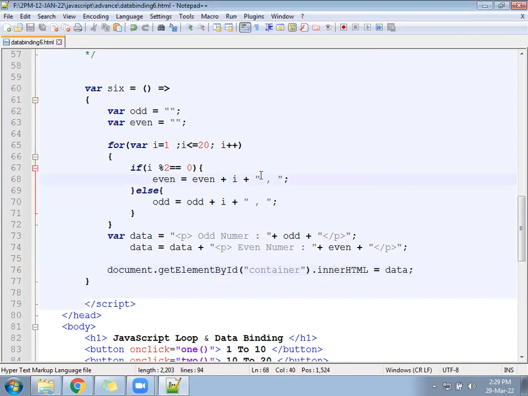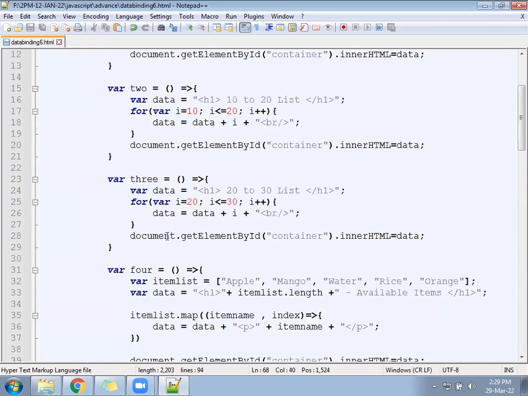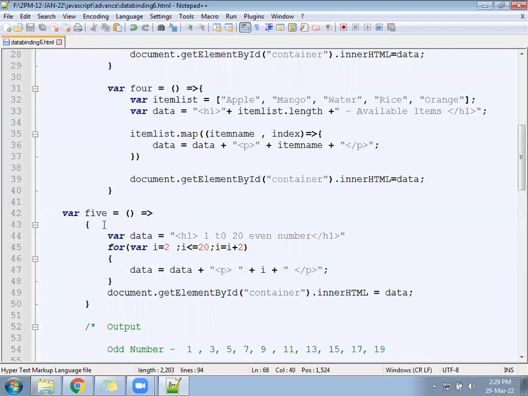Okay, then next file we can create, that will be for the complete array manipulation. Data will be read from the array. We will write the data inside the array. Read, write, delete from the array. Next file, you will give a file name.